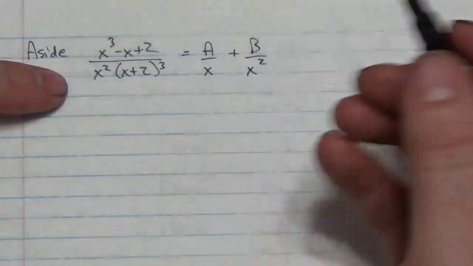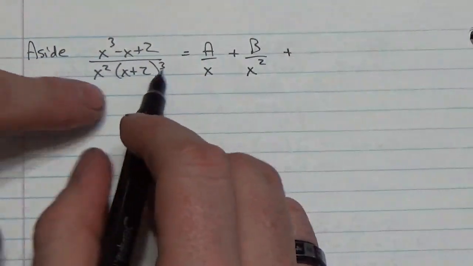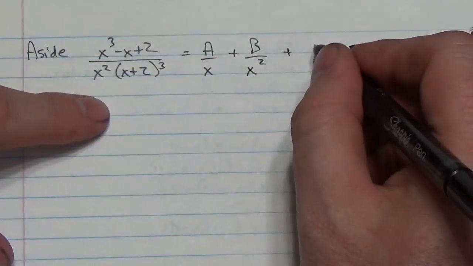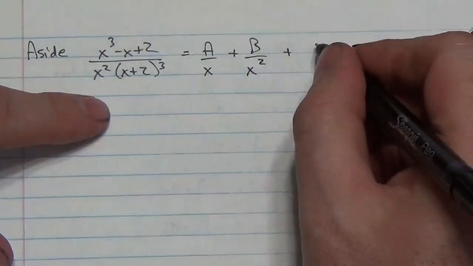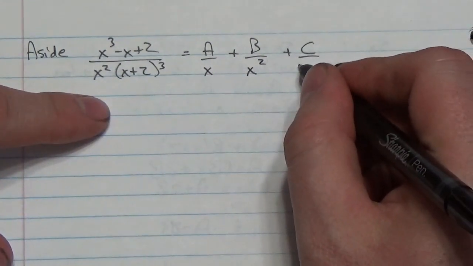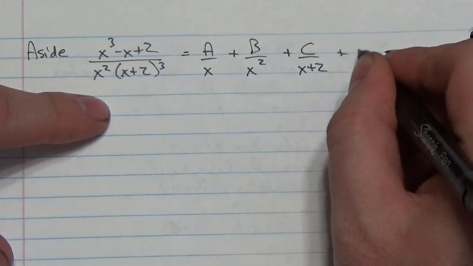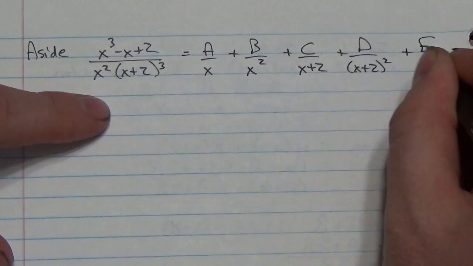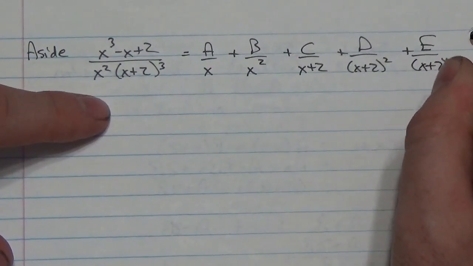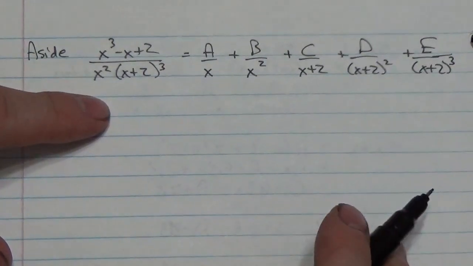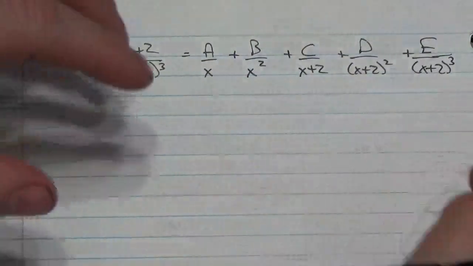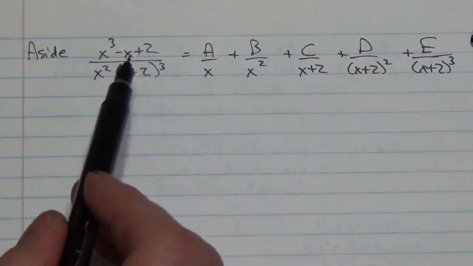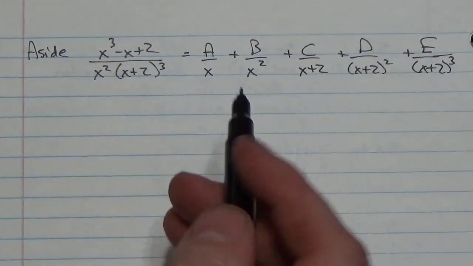Okay? And then I'm going to look at my other factor here. Now, because this is cubic, the best way to go about this is actually break this up into 3 different fractions here, where that's going to be c over x plus 2, d over x plus 2 squared, and e over x plus 2 cubed. Okay, and then I would have to put those all together and then build a system of equations setting it equal to or comparing it to this x cubed minus x plus 2 to get the values of a, b,